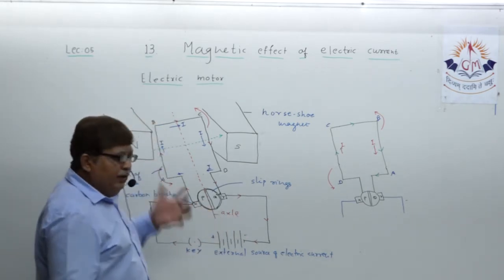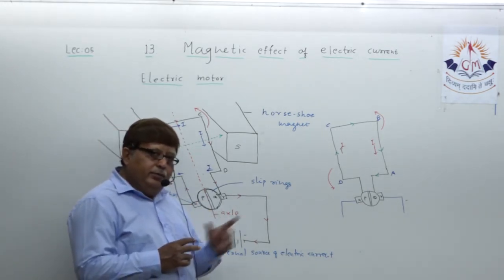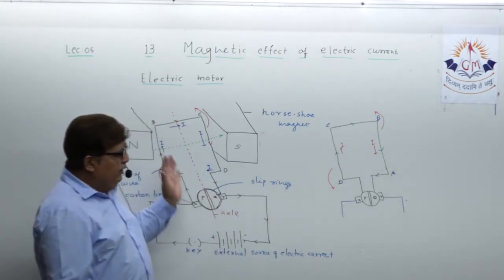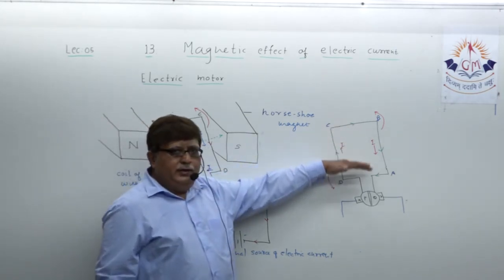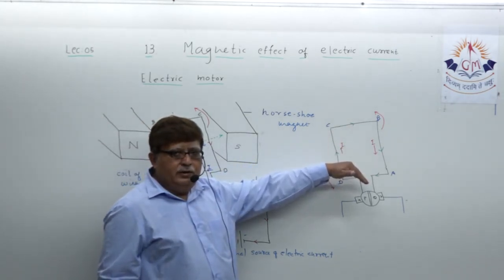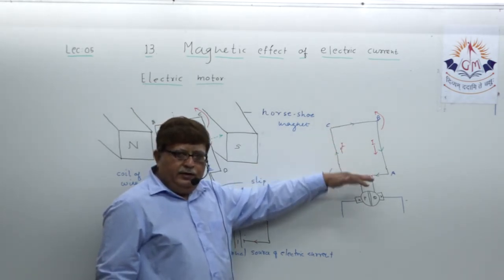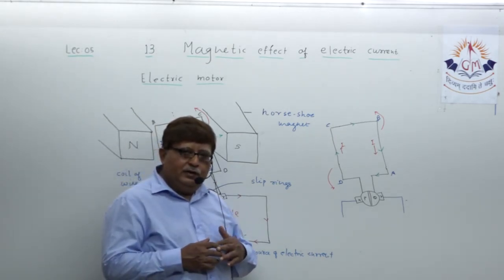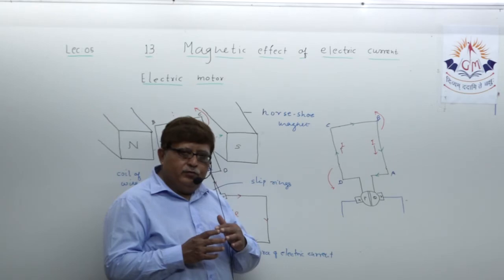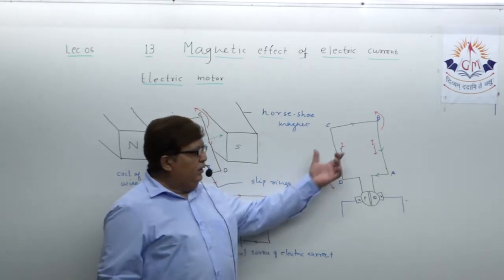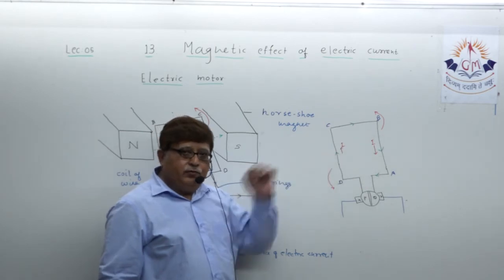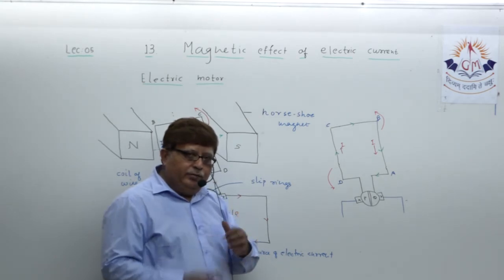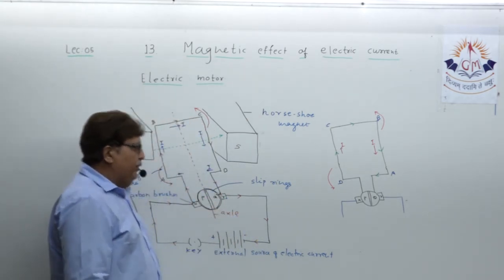Understand? This ensures that the direction of electric current changes in the edges. We are never bothered about the two ends BC and DA, because the direction of electric current in both these edges is parallel to the magnetic field. So no electromagnetic force is going to act on those two ends. Our concern is only the two ends where the direction of electric current is perpendicular to the magnetic field. So what happens, dear student?